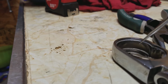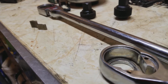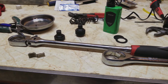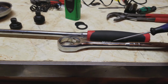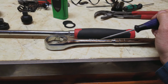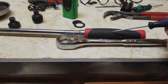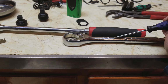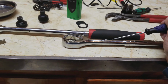But you can see where it's all ground. The teeth been grinding in there. And not very much here on this one. I mean, they're both cheap ass ratchets. Like I say, this one's 29 bucks, 19 bucks or whatever, and this one I think at Lowe's is 30 bucks. But it's a hell of a lot better ratchet here. Hell of a lot better ratchet. The only thing is, if you was to buy this length with the flex head in Kobalt, you're probably looking at $60 or $70. But I think it should hold up for a long, long time,